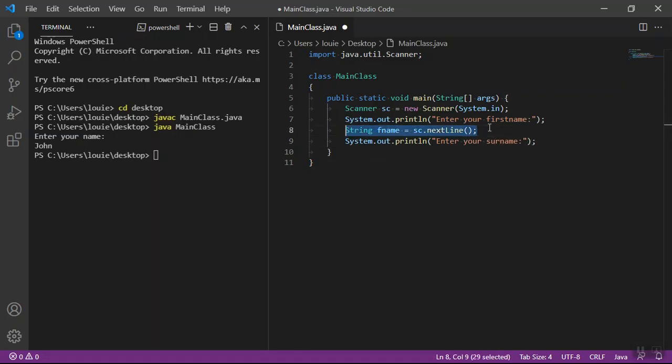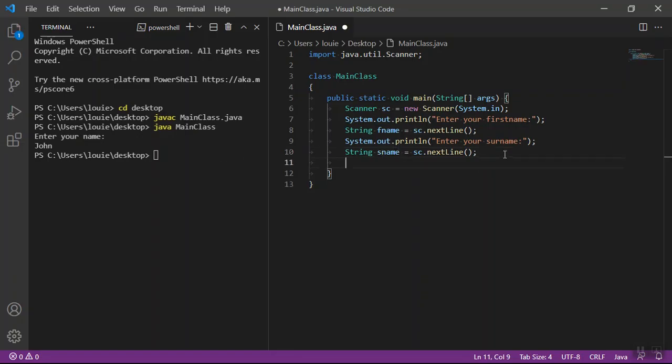So we're just gonna copy paste this one and then change the name of the variable, since we cannot have the same or a duplicate name for a variable. Okay, so let's just name this variable into s name,